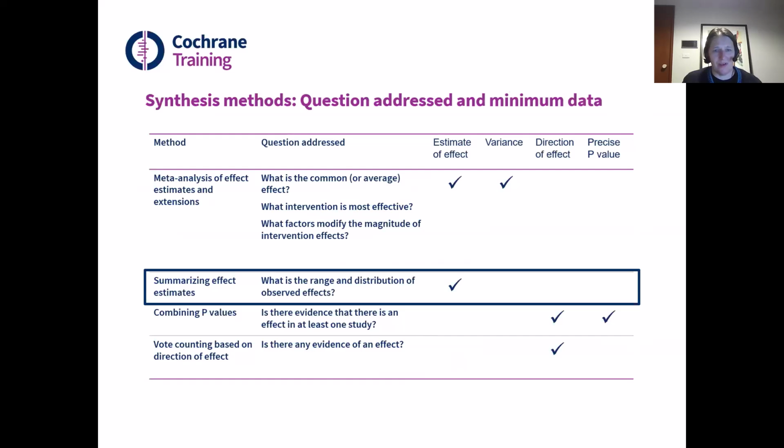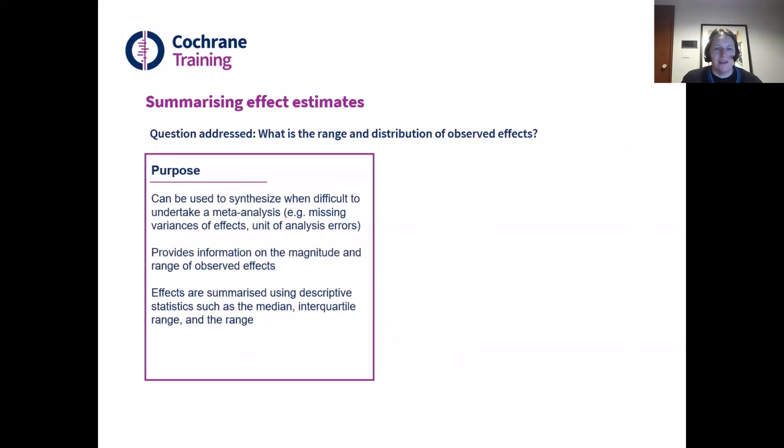So let's begin with summarizing effect estimates. The question addressed by using this method is: what is the range and distribution of the observed effects? So we can use this method to synthesize when it's difficult to undertake a meta-analysis. And this means that we're missing information such as the variance of the effects or the precision, so standard errors or confidence intervals, or it might be